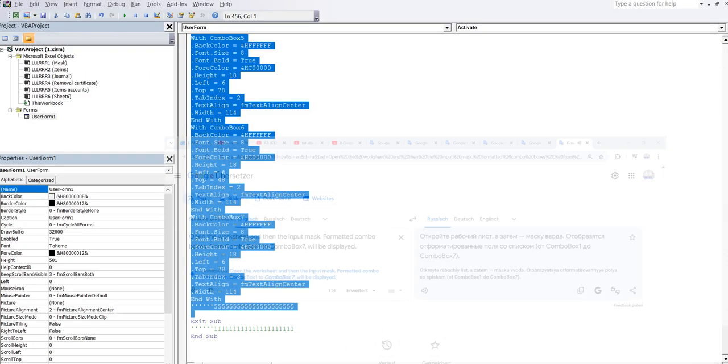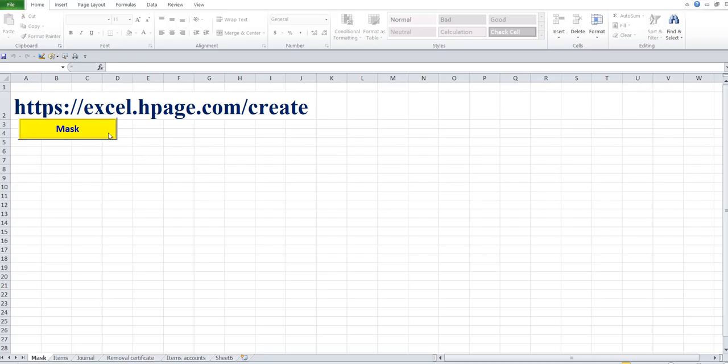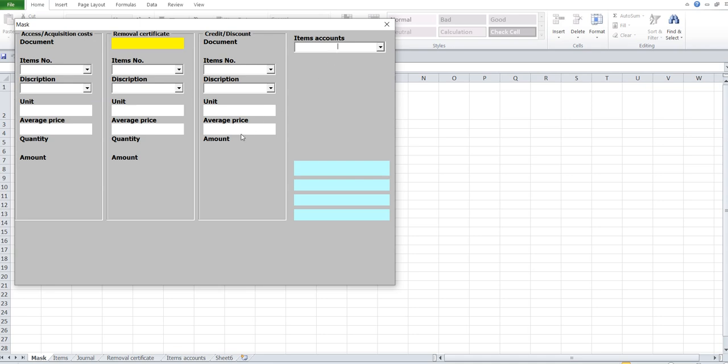Open the worksheet and then the input mask. Formatted combo boxes, from Combo Box 1 to Combo Box 7, will be displayed.